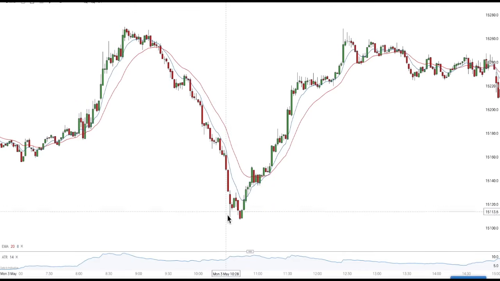And so carry on, and then you got right to the bottom here, and what happened was you got a very, very slightly higher low, and then a big strong pullback. 1, 2, 3, 4, 5 green bars on the trot, and then price is now above the value zone and pulls back into the value zone and pulls back out, and now you've got the EMAs crossing over, so you've got the blue line above the red line and price down at the value area here at 11.12, and then we're looking for longs back from the value area,